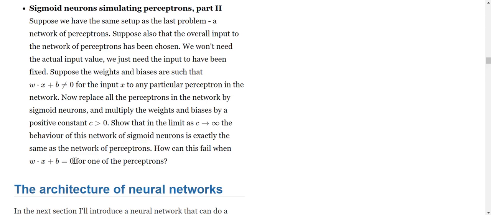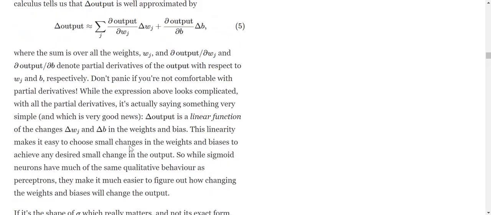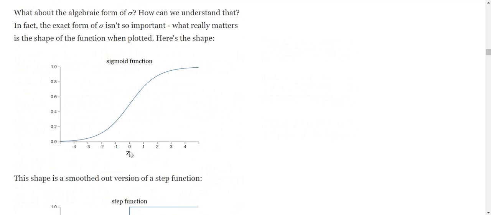So how can this fail? When you have zero, scaling doesn't really make a difference. If you scale zero by a factor of even a trillion, it would still remain a zero. So you would always lie at this point. So this would not model a perceptron. A perceptron is being modeled when the value is either a 1 or a 0.